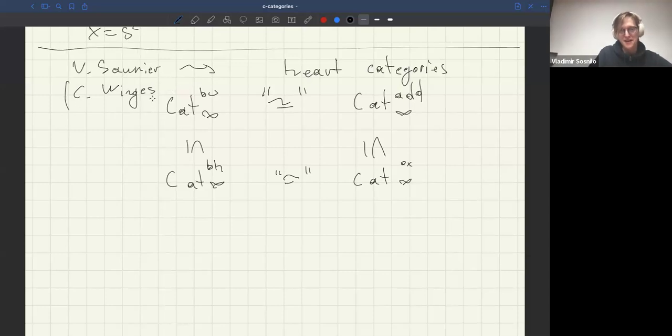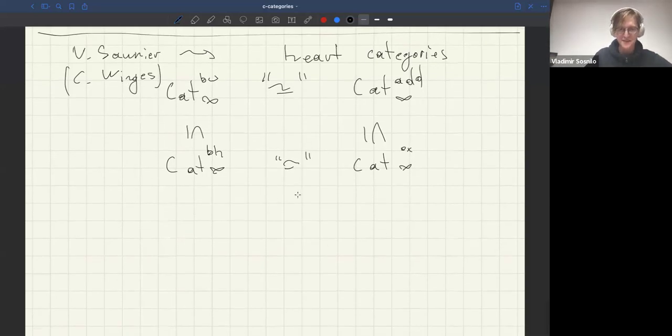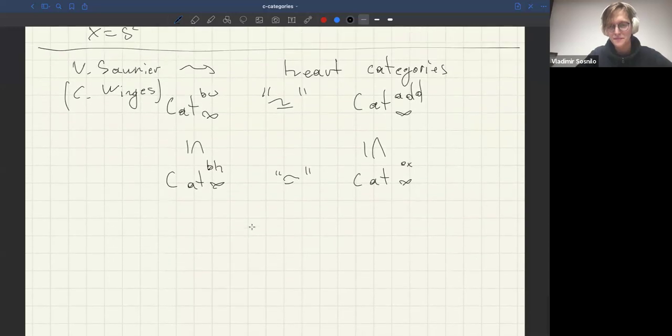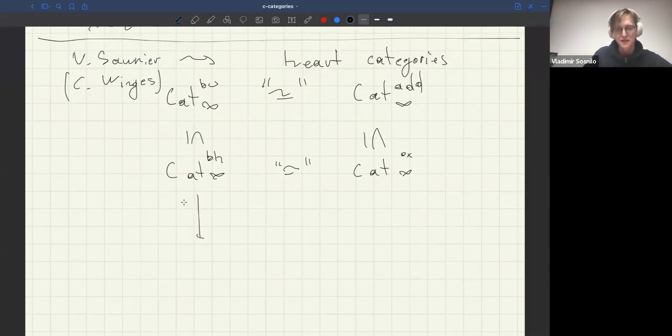So I guess Victor has defined this notion, but this theorem is joint with Christoph. Yes. And anyway, what I wanted to say is that in this setting, any bounded hard category, but let me put this arrow in quotation marks, gives rise to a C category. Well, okay, at least it always gives rise to a compactly generated weighted category.